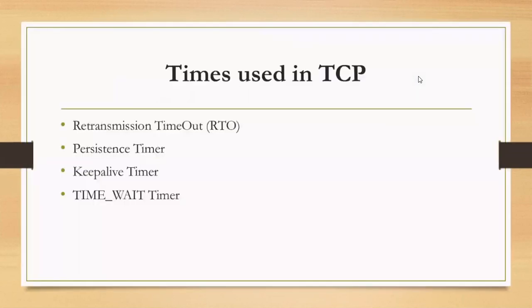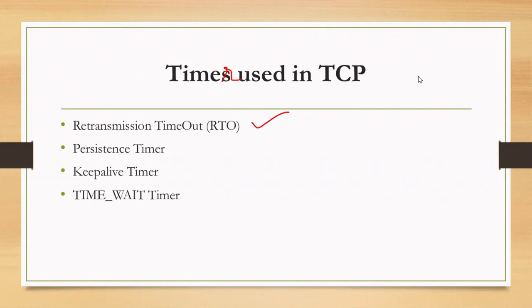The first one is very commonly known to you, that is your retransmission timeout timer. This is when you send the packet and you start the timer, and then you wait for an acknowledgement. If the acknowledgement is not received within this timeout period, then the segment has to be retransmitted. So we have the retransmission timer. Now, in addition to this again, there's a typo here, TIMER. Very sorry for this.